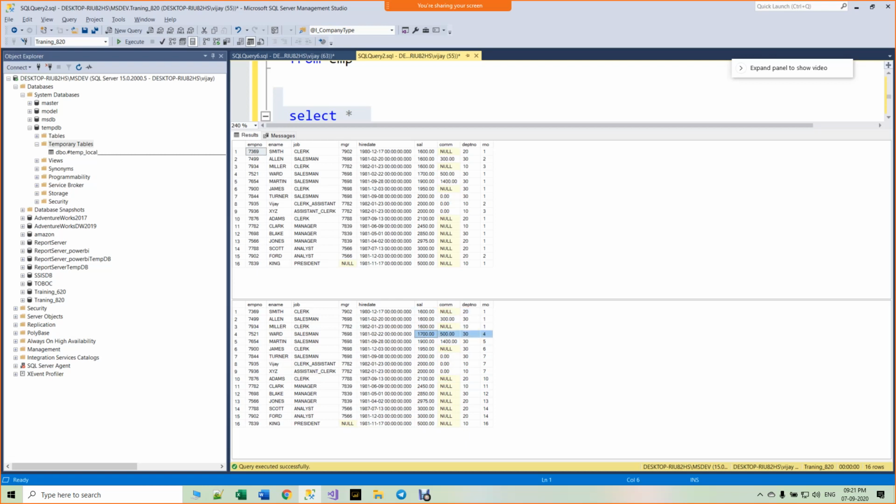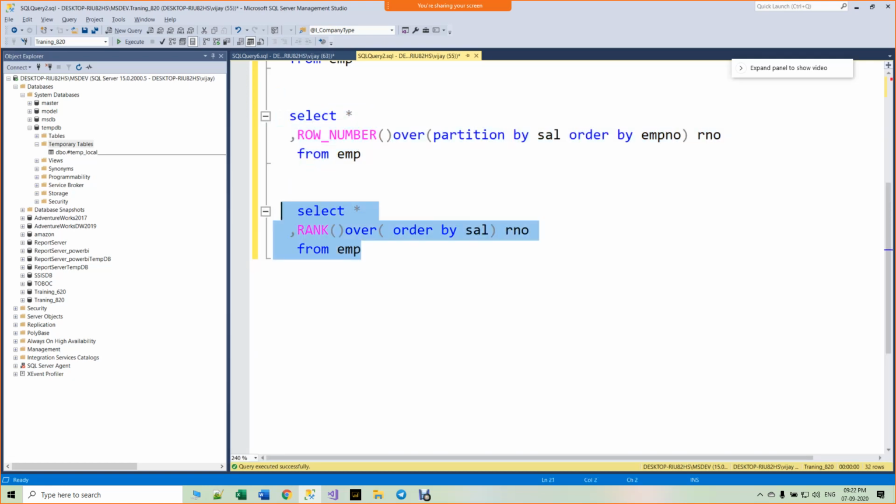Now the next salary is going to 4 instead of 2, because the first three are 1, 2, 3 and all those salaries are the same, so they took the same rank. The next salary, 1700, took 4 instead of 2. 1900 took 5. 1950 took 6. 2000 took 7, and since all the 2000 values are the same, they took 7 only. And 2100 took 10. So this is called rank. It means if the same salary is there, it is given the same rank. There is one more concept called dense rank.